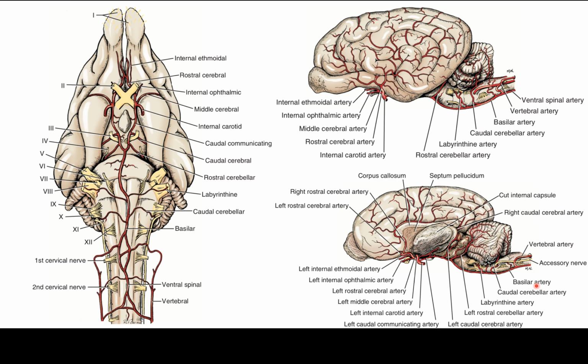The vessels on the ventral surface of the brain. These major arteries are not accompanied by veins. The basilar artery is formed by the terminal branches of the vertebral arteries, which enter the floor of the vertebral canal through the lateral vertebral foramen of the atlas and join with the ventral spinal artery. The basilar artery courses along the midline of the ventral surface of the medulla and pons and then divides into